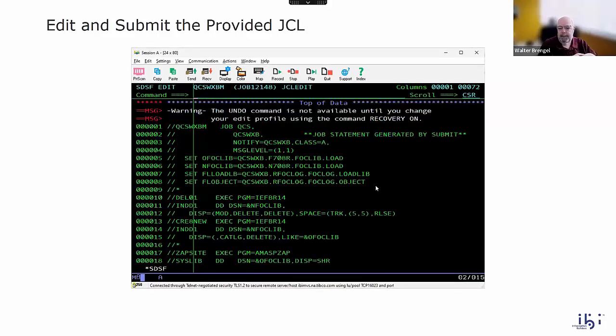So here I entered my 4 data sets. Again, I did this for 708R. My original or my production FOCLIB is myid.f708r.foclib.load, and I'm going to a new one, which is going to be n708 foclib.load. And the FL load is the load lib that you just received, and the object is the object you